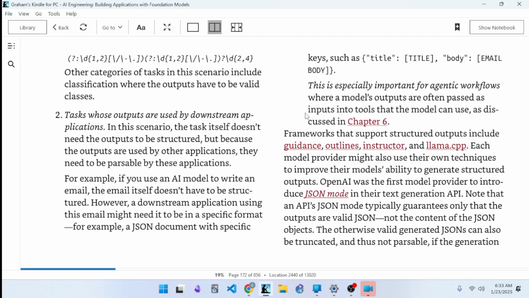For example, if you use an AI model to write an email, the email itself doesn't have to be structured. However, a downstream application using this email might need it to be in a specific format. For example, a JSON document with specific keys, such as title and body. This is especially important for agentic workflows where a model's outputs are often passed as inputs into tools that the model